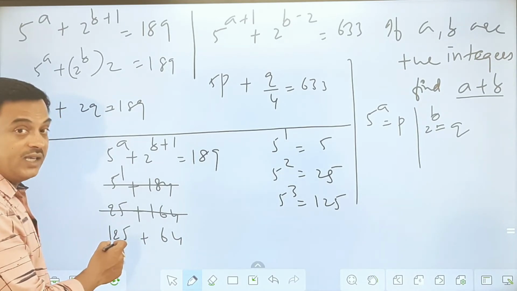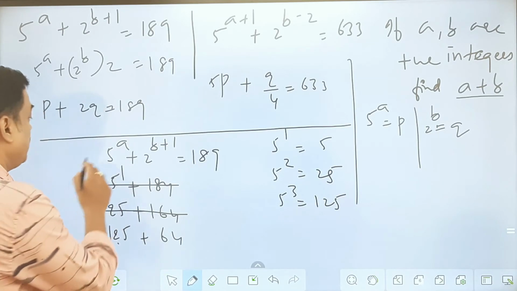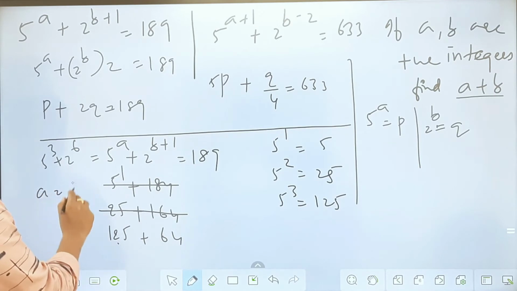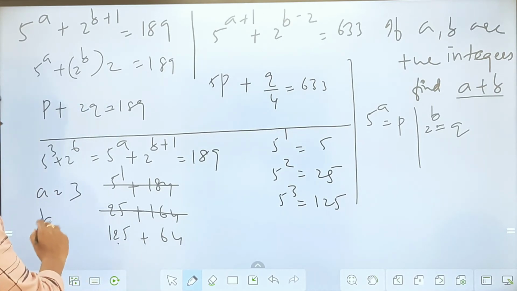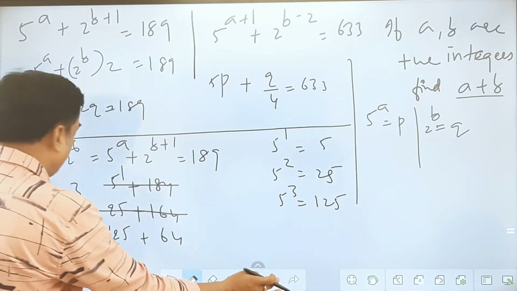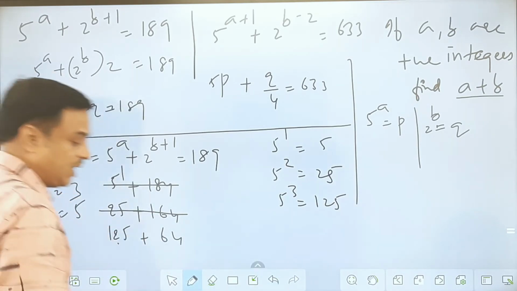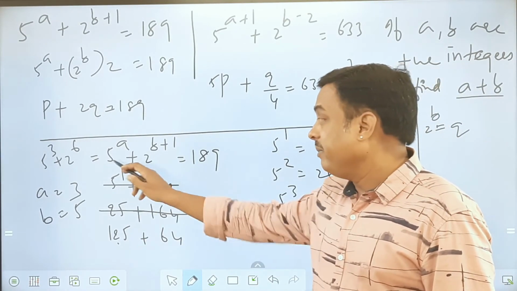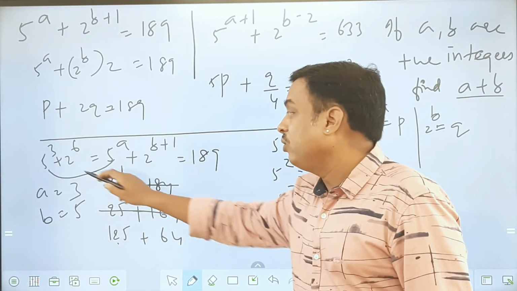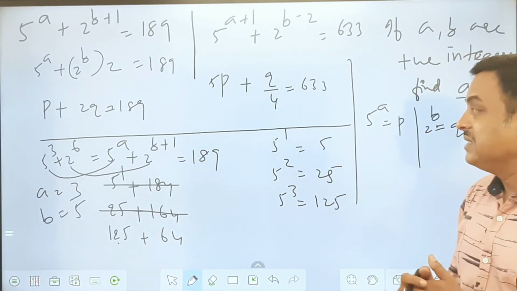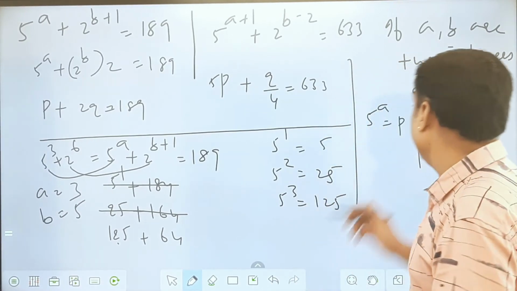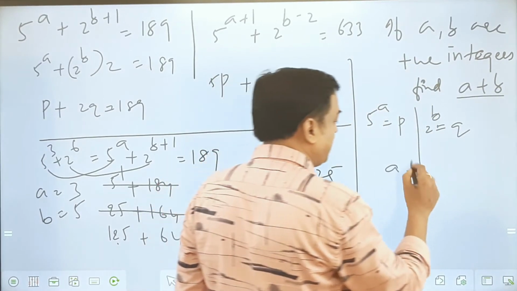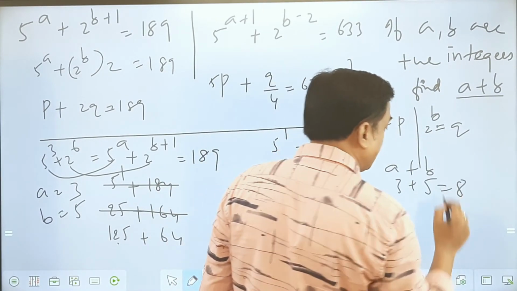Last one, if you see, this is 5 cubed and this is 2 power 6. So if I equate this with 5 cube plus 2 power 6, anyone can easily say that the value of a is equal to 3 and the value of b will be equal to 5. Fair enough, you just compare and check. This is 5 power 3 and this is 2 power 6. I am equating them. You can compare 5 power to 5 power, 2 power to 2 power. Then I can easily say a is equal to 3 and b is equal to 5. So my question is to find a plus b. Answer is 3 plus 5, 8. So the ultimate answer is a plus b, that is 3 plus 5 is equal to 8.